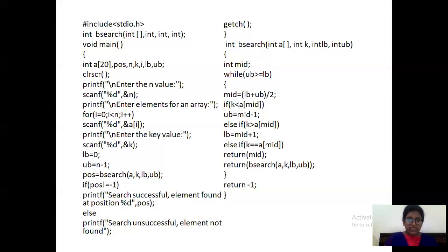So depending on the position value, if the position value is a positive value, then you are saying that the search is successful and the element is found at that particular position, because you are returning the mid value. So that is nothing but your position value. If the return value is -1, when will you get this -1? If your key element is not found, then you will be getting this -1, and you will be saying that -1 not equals to -1 is false, so the search is unsuccessful. Okay, thank you. So this is the process of your binary search.